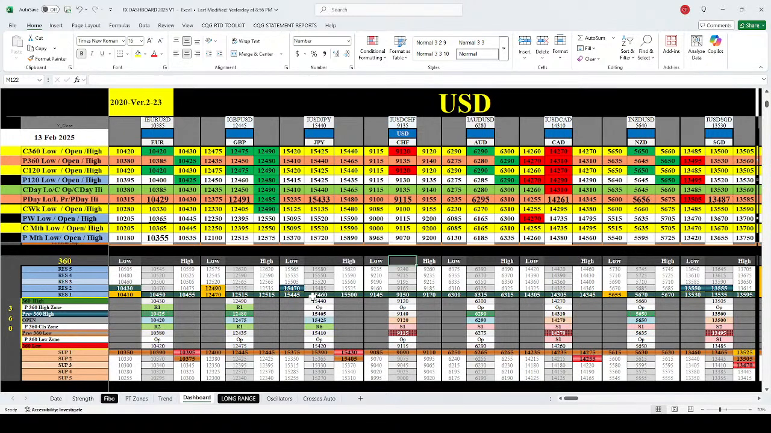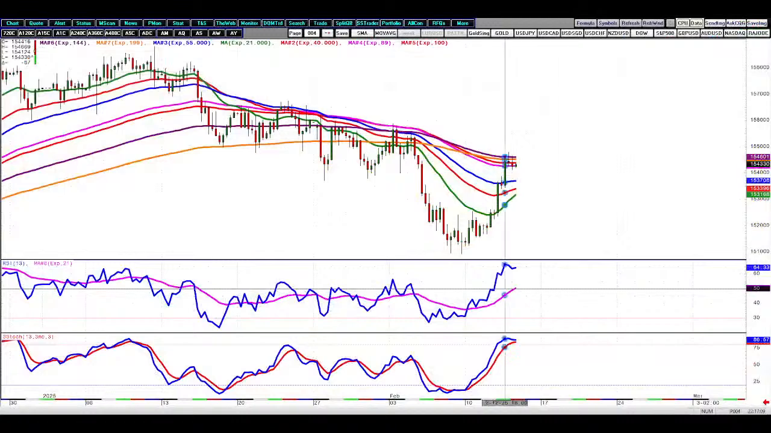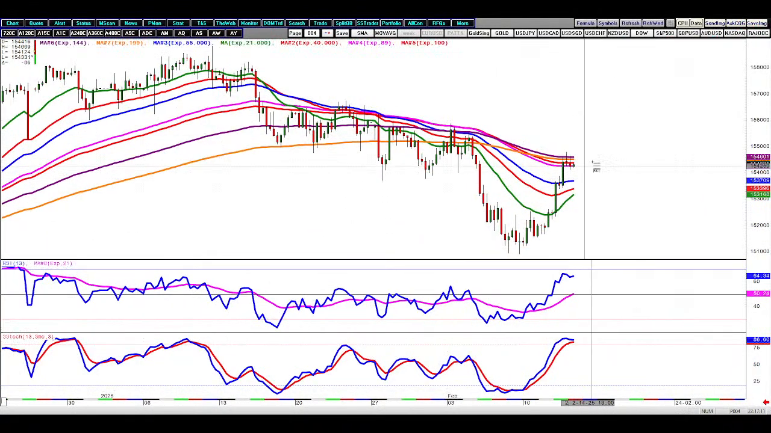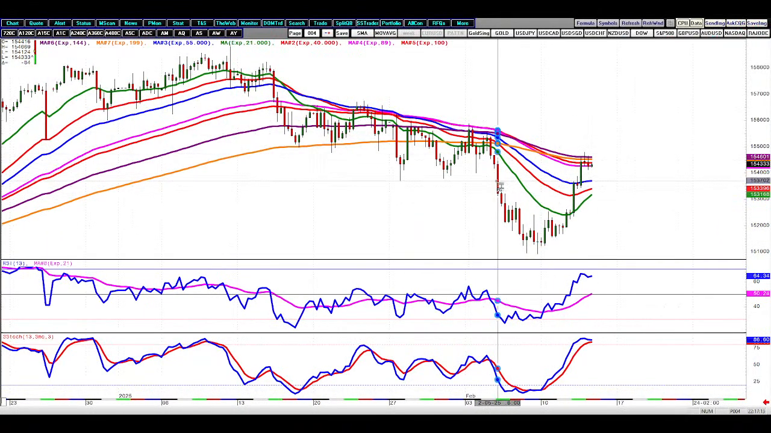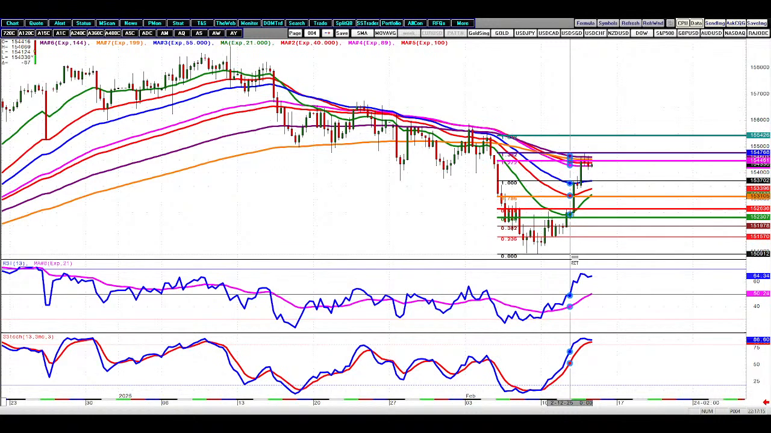That should be our call, and try to exit before 154.10. But if 154.10 breaks, then we can see the price moving towards 153.50 or 153.65. So let's confirm this with the chart. If you look into the chart, the chart says more or less I think the high is seen. Okay, high is seen at